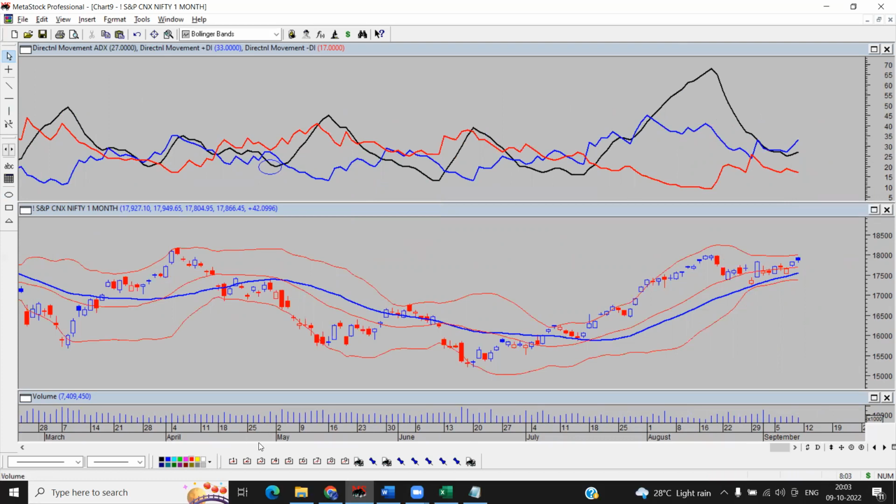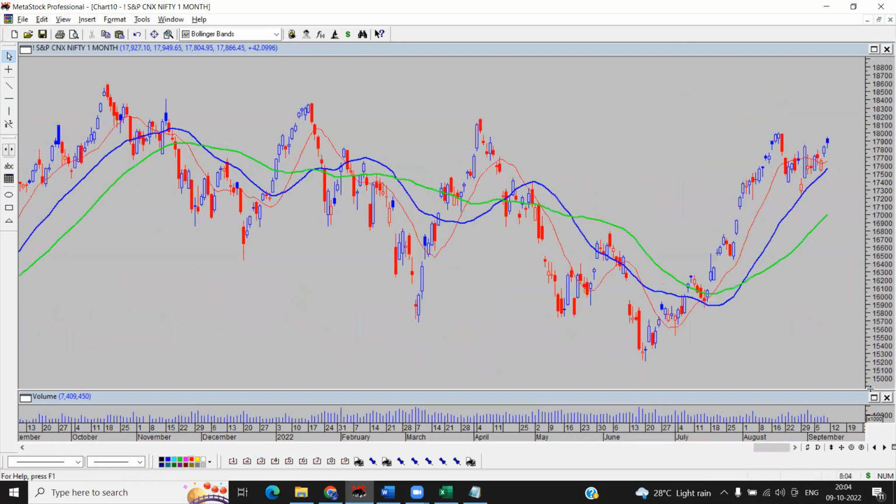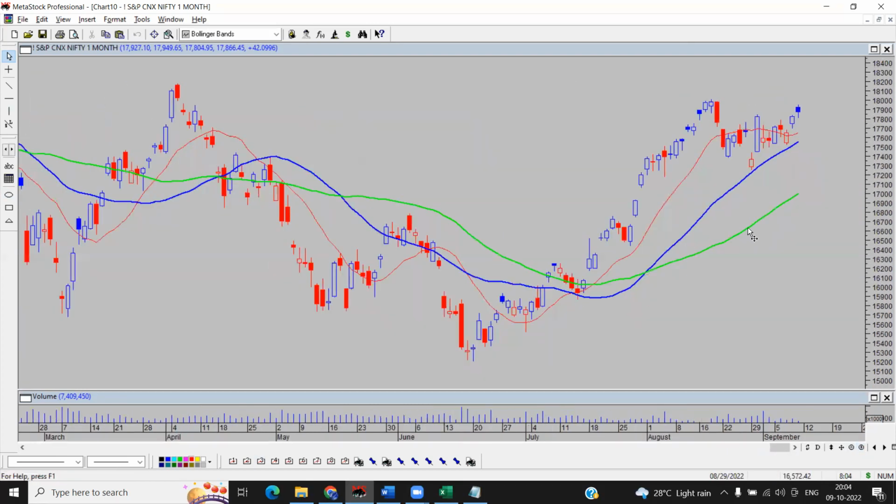The second point I noticed here is, I'm just removing the ADX. Watch the 2 moving averages, particularly the 13. The red one is the 13, the smaller moving average, and the bigger one is the 20 period moving average. The 13 period SMA slope has just made a U-turn. It was about to give you a crossover and a sell signal, or whatever way you take it. But that did not happen. It moved to the other side.